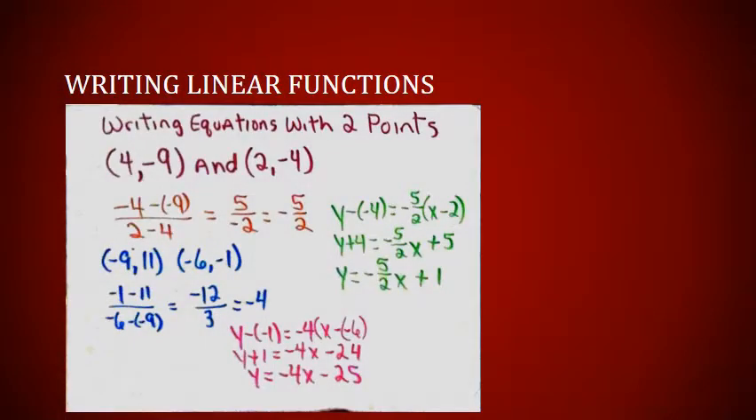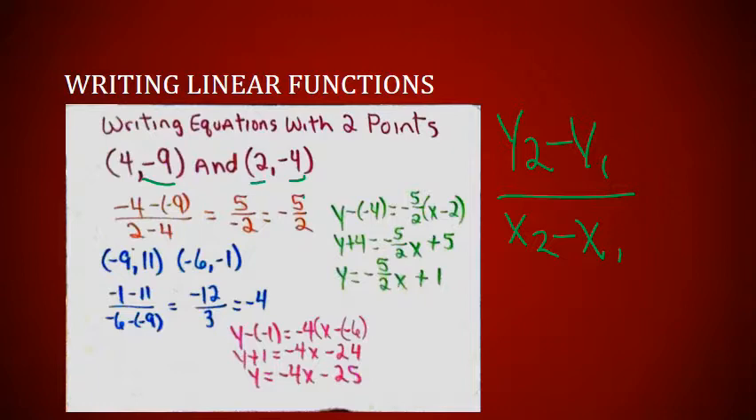Now, what about if all I'm given is 2 points and none of them tell me what the y-intercept is going to be? Well, again, remember, when I'm calculating slope, it is y2 minus y1 over x2 minus x1. And so I'm going to have to manually calculate the slope. And so I got -4 minus -9